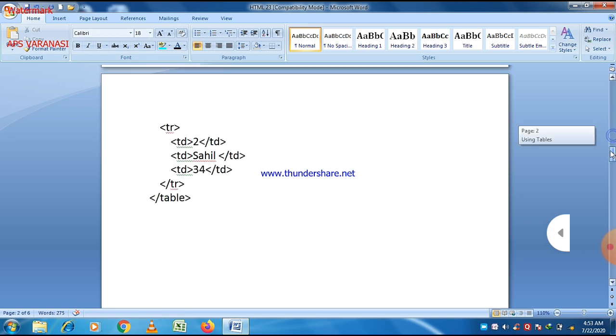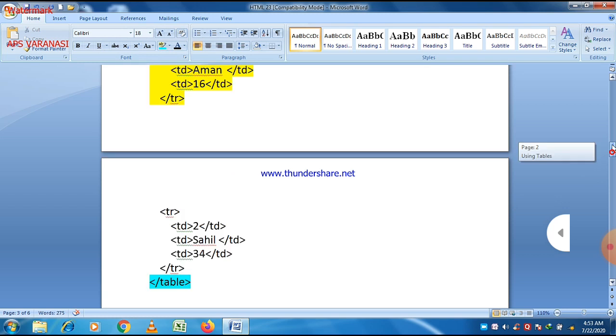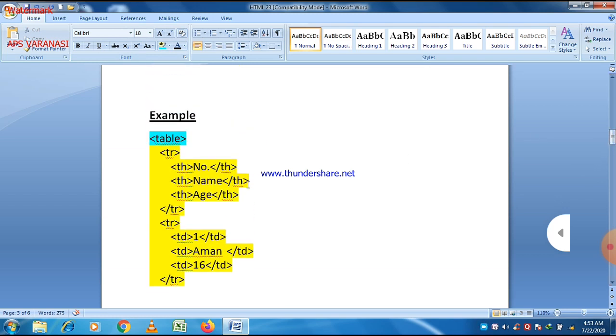Now you can easily see that the table tag is here, then the table tag is closed here. So if you want to create a table, everything is written within the table tag. Then the tr tag, you can see, this is a tr tag, table row. So different rows can be defined. This is the close tag of tr, and you can see that this is another tr, the second row of the table, and then the tr tag is closed again.